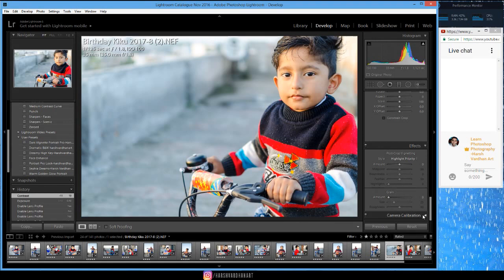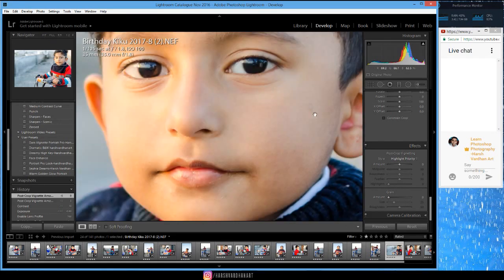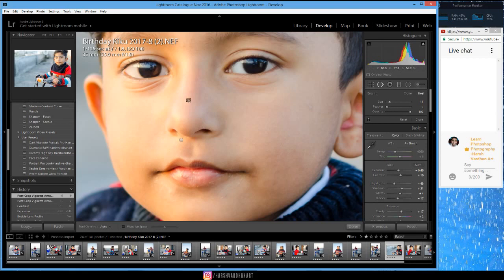We can add some vignette effect if we want, but we are not going to do that. Leave it as it is. First of all, we are going to remove all these blemishes. For this purpose, we will take the spot removal tool from here, or you can simply press Q on your keyboard. Let's paint over here to remove this spot, and paint a little bit over here,